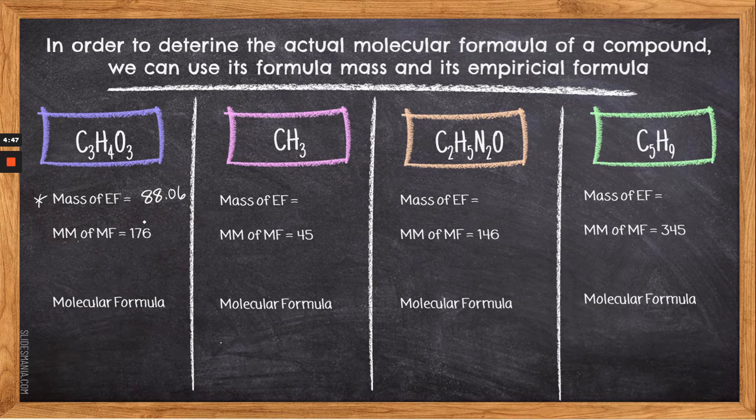Right? You have to be given this because how would you know? You don't know the molecular formula. There's no way you could actually get this number. So this number is given to you. Okay? So what you do